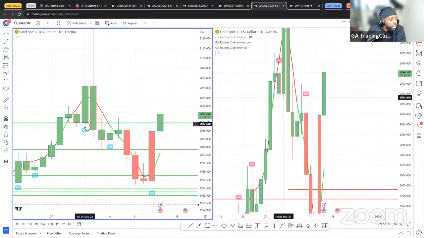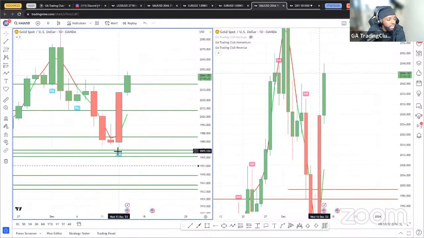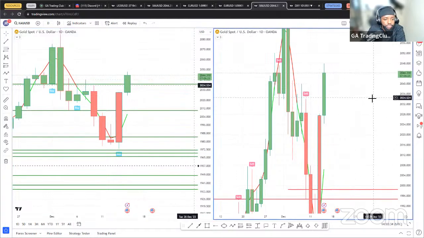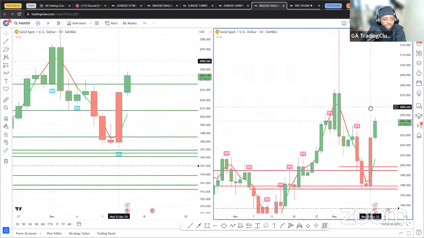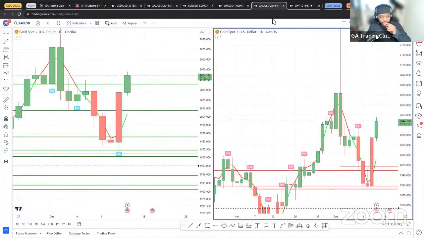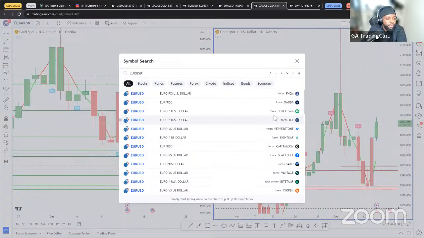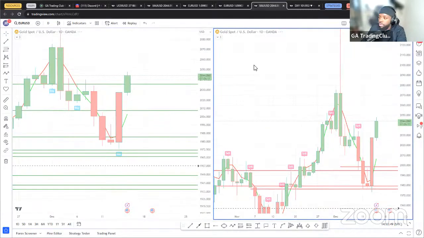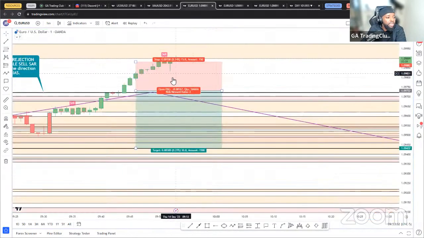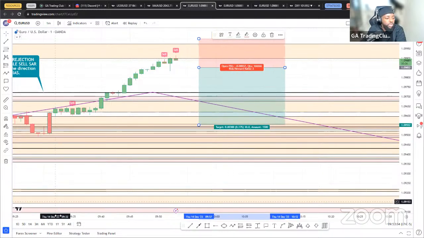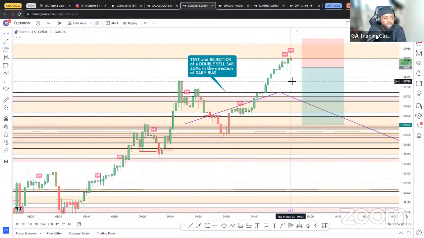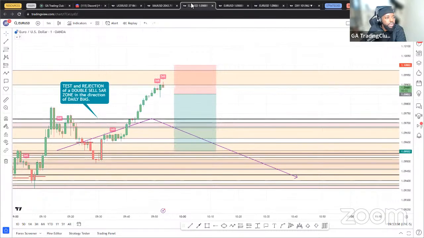this buy was used up because price already tested that. This is an invalid buy. Looking at the cells, there's no valid momentum cell. So on the higher time frames, there's really nothing. We haven't checked EU, so we can look at EU. I think even for me for today, it's only going to be either that EU sell and that US 30 buy. So those will be my two trades of the day.